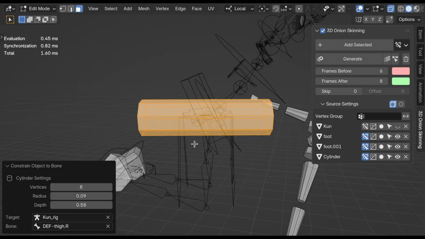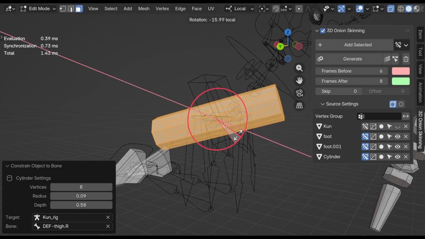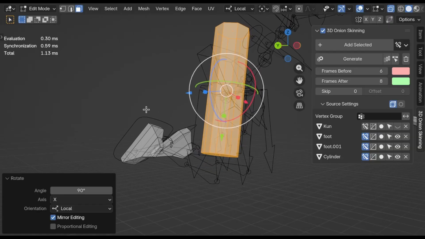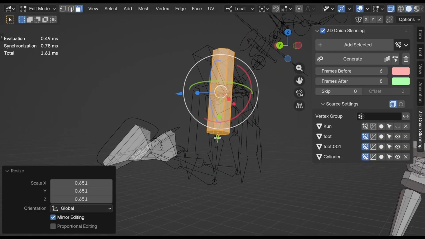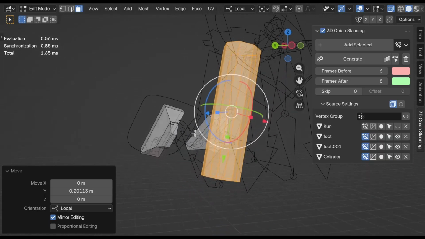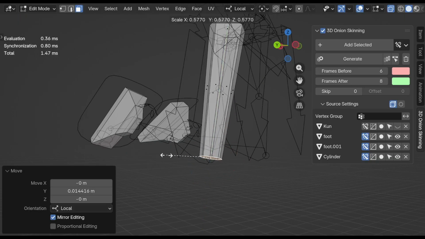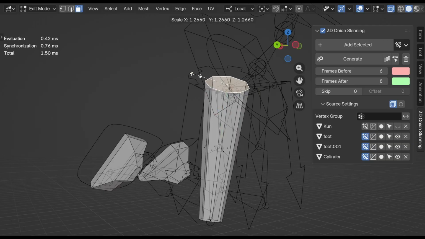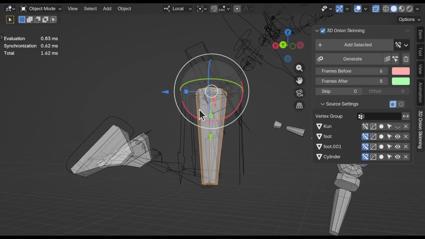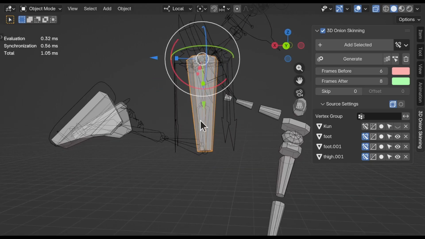So it's already in edit mode. You can see that if I rotate 90 degrees on the x-axis, this starts to get aligned with the bone, and I'm going to decrease the size, and I can now position it however I want. I want to position it just like that, and this face can align with the tip, and I can scale it down, or I can scale it up. So you can basically edit this object however you want. Now I have this cylinder, I can rename it thigh, and now I could use the same object for